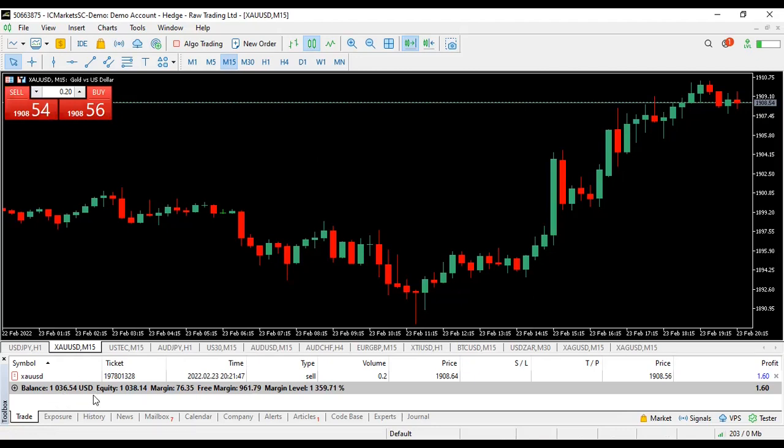Yes. Can you see the equity? Yes. When you're placing your trade, yeah, there's balance, there's equity. Okay. When you're placing a trade, guys, what's gonna happen is, as you can